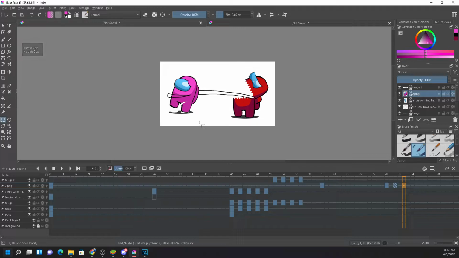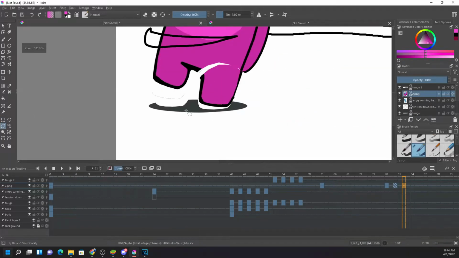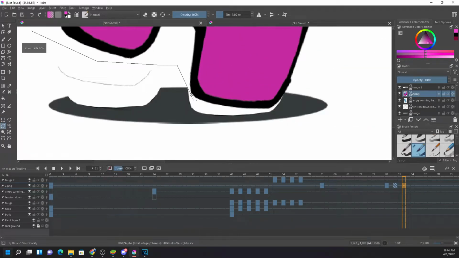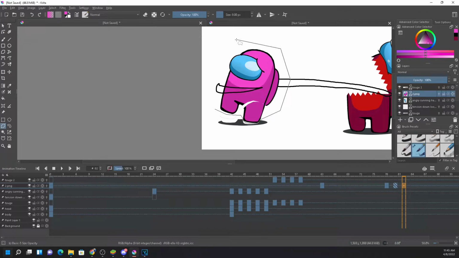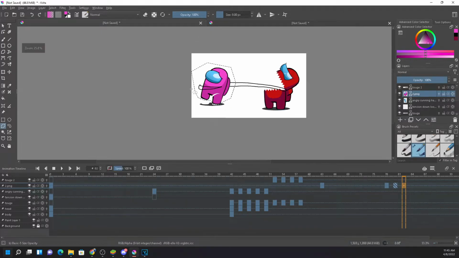82 frame, I'm selecting all this. I don't want the shadow to appear right now, because now in this moment the body is, sorry, I need to place it over here.